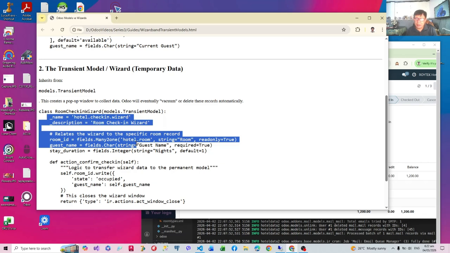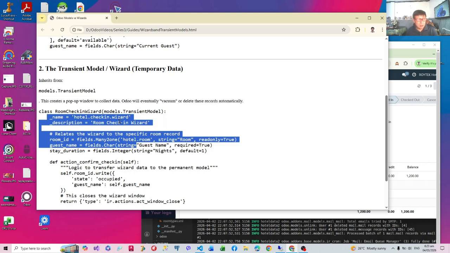In fact, in our guest registration system, particularly in adding bills, we are going to duplicate our roombills.py into roombills_new.py. That is a transient model. So what is a transient model? It is usually a duplicate model that is used to generate forms. These forms are called wizards, to ask for user input, like asking for additional charges, payments, and so on and so forth.